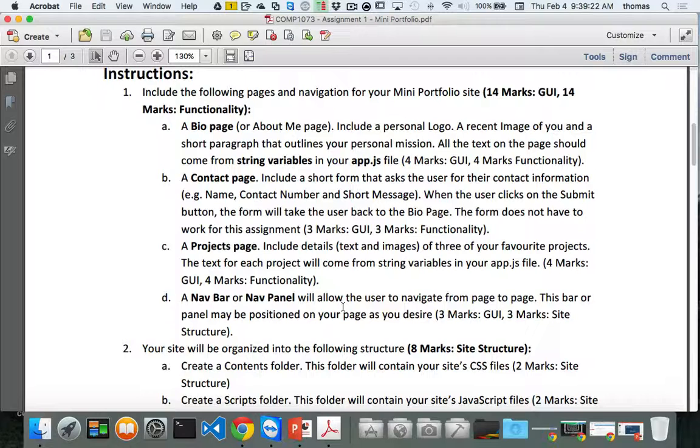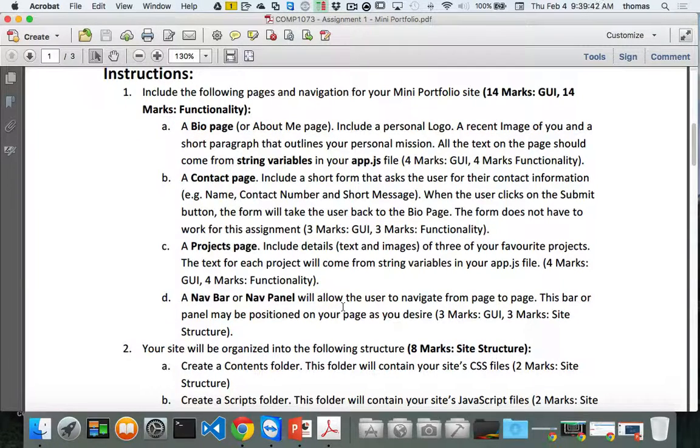I mean, you can make it so it's a nav panel on the side. You can make it so it's a floating nav panel. Do whatever you want to do. Be creative, because this is maybe the beginning of a portfolio site that Rich and I are going to tackle in different ways over the course of several courses,